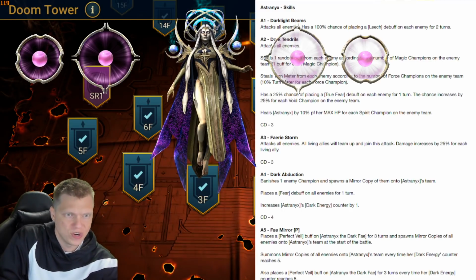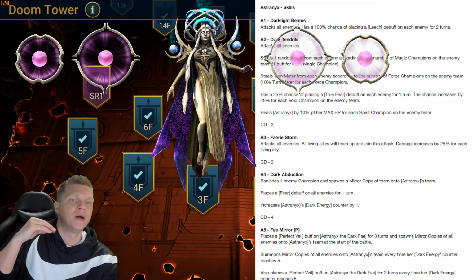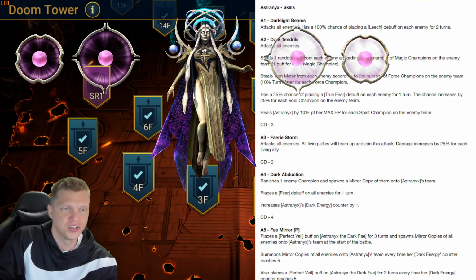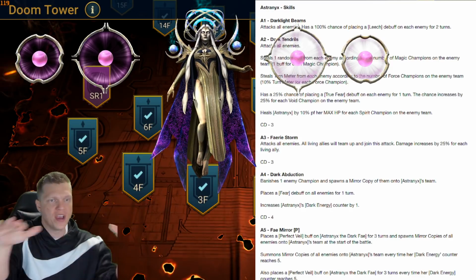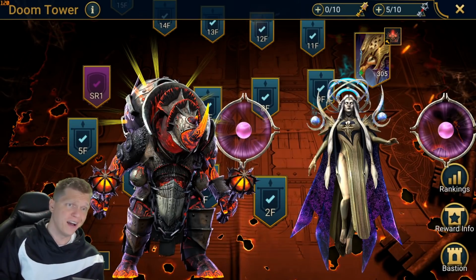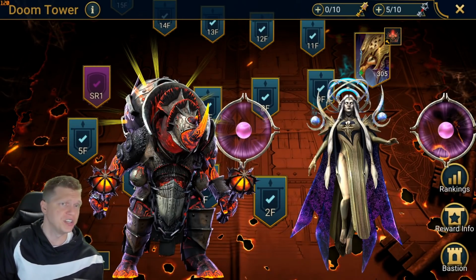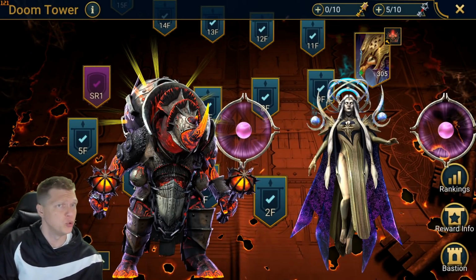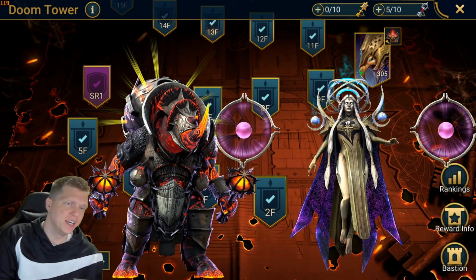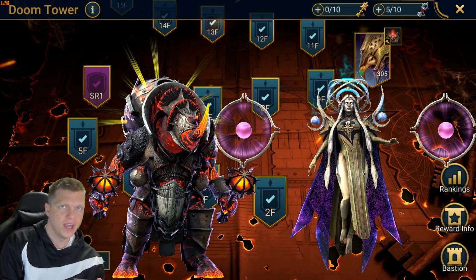Astranyx's dark energy resets after it reaches 5, so it won't perpetually do that permanently. It's just going to keep doing that every time it hits 5. You're gonna get that crazy burst of effects and then have to deal with it. Okay, so yeah, very, very interesting. Gonna definitely be some new boss mechanics added to the game here in the next Doom Tower. So what jumps out to me is Plarium's trying to find a way to make bombs a little bit